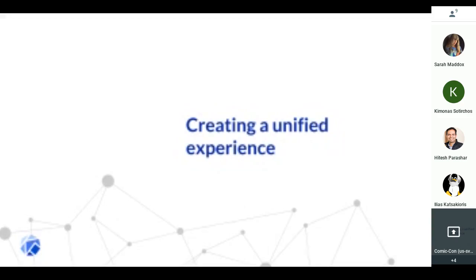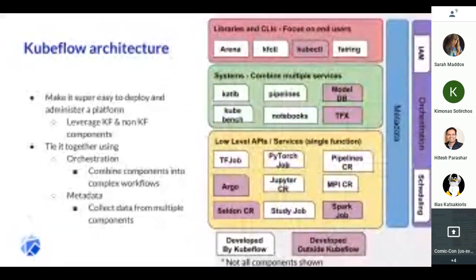And so my contention is that orchestration and this desire to incorporate these components as part of more complex workflows will help drive the adoption of common patterns across the stack that will create a uniform experience. And similarly, the same will happen for metadata, right? So here's a diagram of one possible view of the architecture to try to make that point.